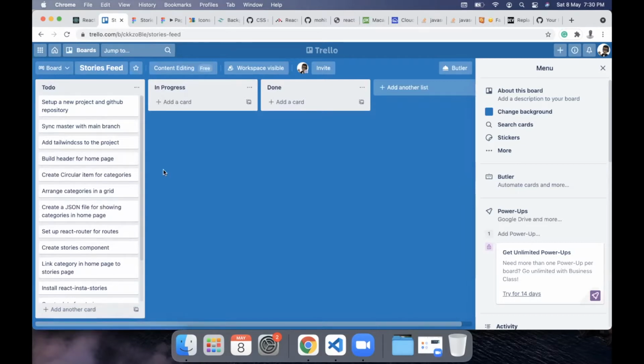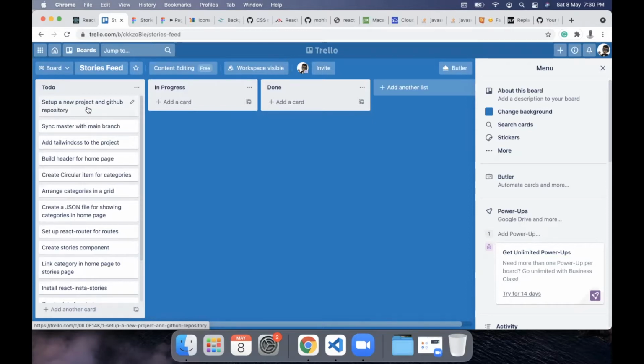Also, some of my students have mentioned that whenever they go through any kind of tutorial, they are able to code and build a project, but they don't gather enough confidence or skills to build projects on their own. So instead of just roughly coding all the stuff, we can break down the project into tasks like this, and you can go ahead and complete the tasks on your own, or try to complete them before seeing my approach.